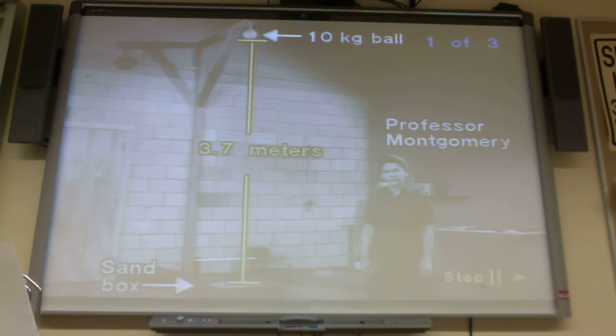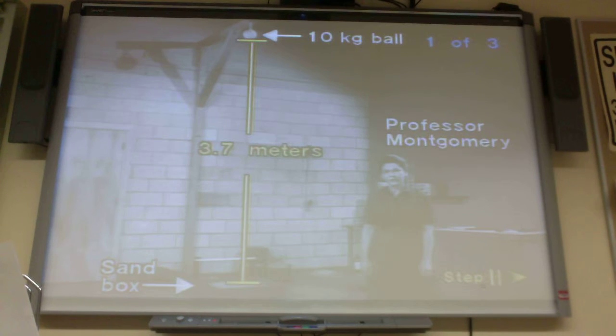Okay. So here's the setup. We have the bowling ball that is a 10 kilogram mass up at the top. It's going to fall a distance of 3.7 meters into a sandbox, and that's Professor Montgomery. Wait, what are the release? Yeah. Like the release frame or